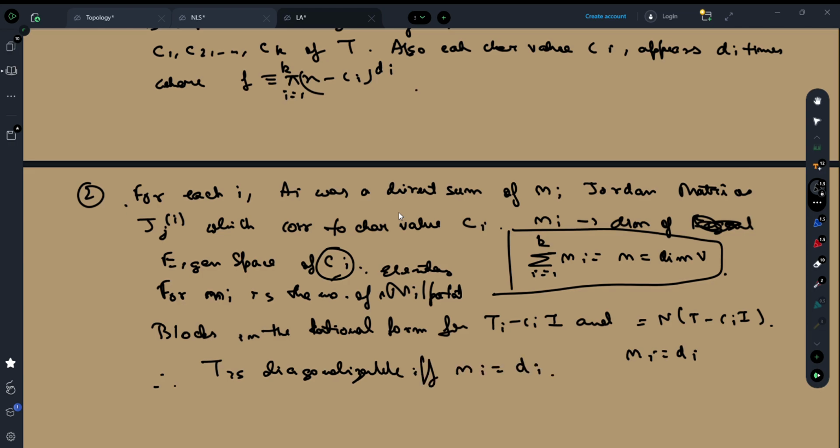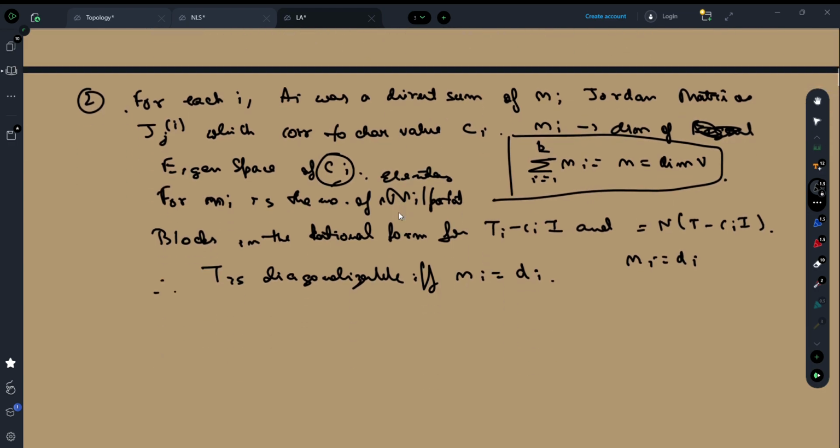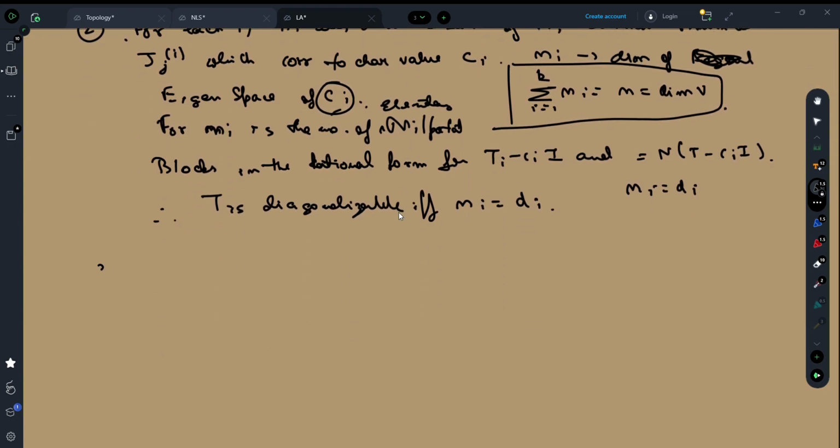T is diagonalizable if and only if Ni equals Di, right? Okay. Number 3 is: now how can we calculate the Jordan blocks? That's also quite easy. For each i,